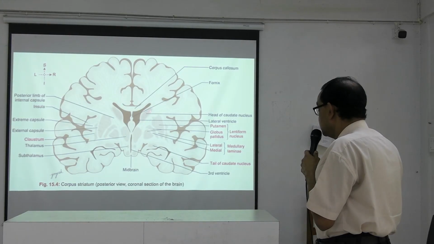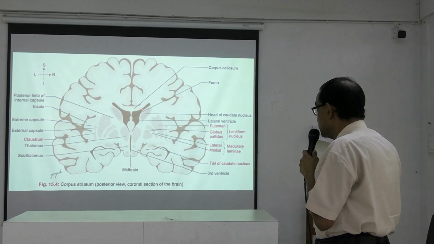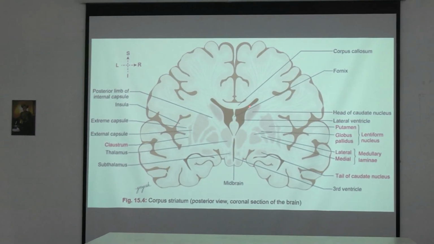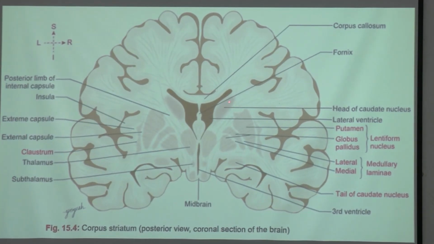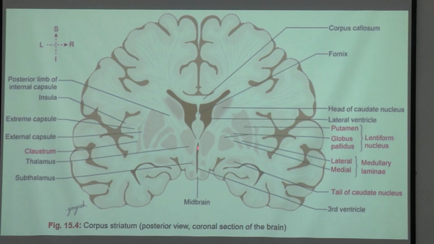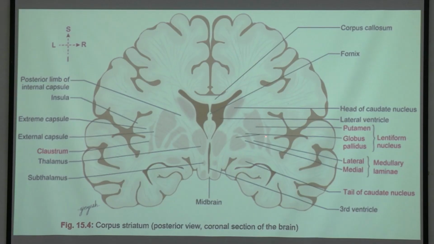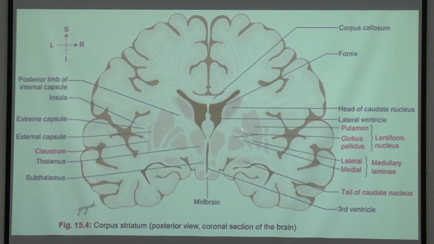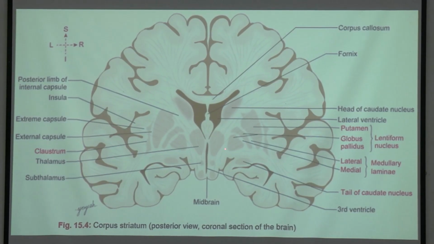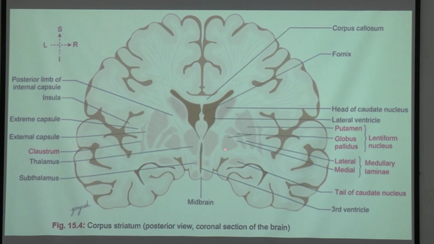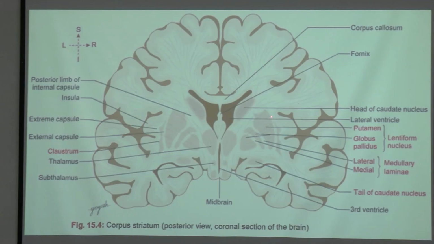On its medial side we get a grey matter, which is the head of the caudate nucleus, and also another grey matter, the thalamus. And on the lateral side we get a biconvex lens-like structure which is called the lentiform nucleus,